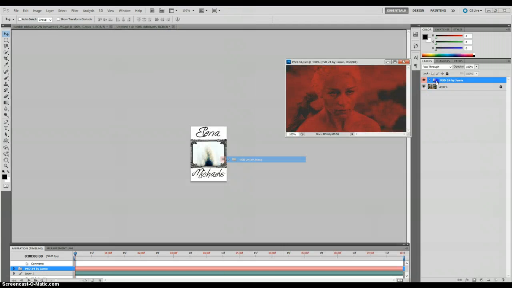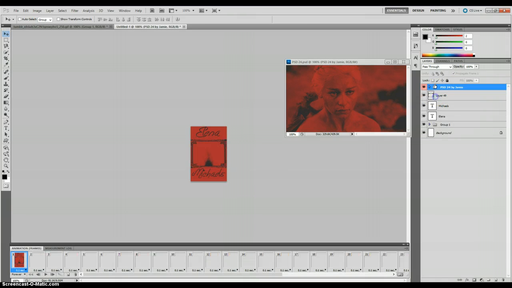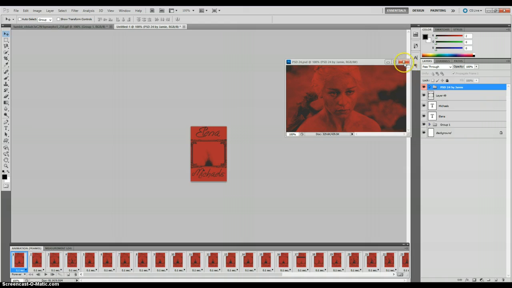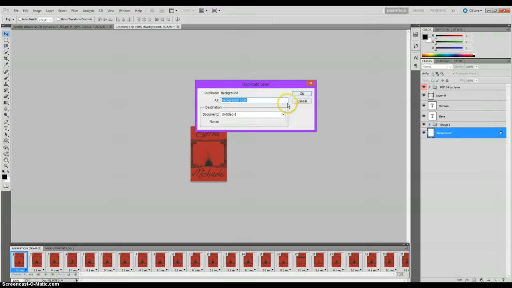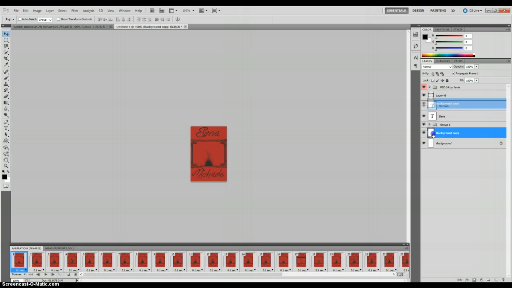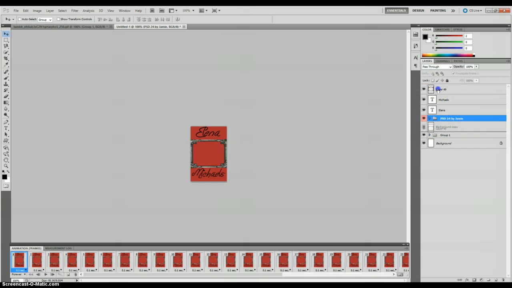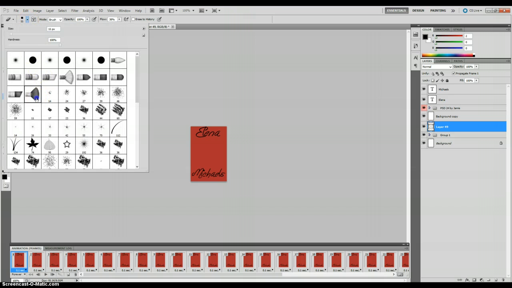So obviously, if you put this PSD on here, it goes on your top, and it changes the background, and you don't want to do that, because then it's not just gonna blend in, right? So what you want to do, what I do, is you duplicate the layer of the background, and you put it here. And then you put these here, and you want to put that right above like that. Right? So like that. And then you erase. You erase that layer